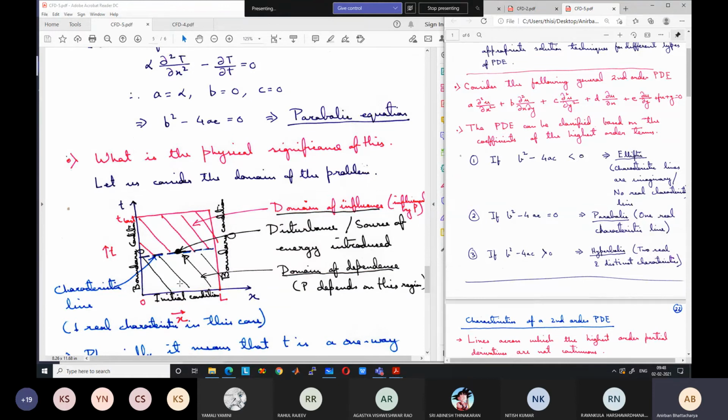It will take a certain amount of time for us to reach the final solution. If somebody says that we only want to solve it for 10 seconds, we may not reach the final steady state solution. We may reach an intermediate solution. That is our final solution, because our problem says that up to this point only we need to solve.